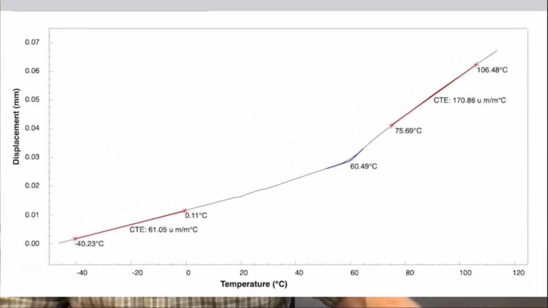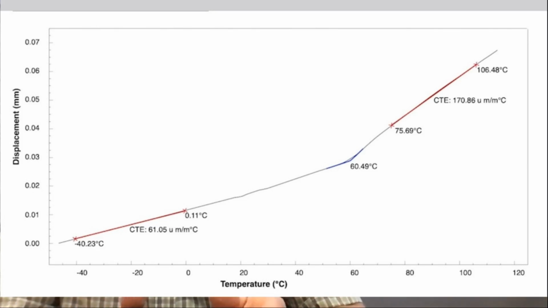And so this is the graphic representation of that. As you can see on the far left, we're at minus 50 degrees C, and then we slowly increase the temperature, and it measures the height. That first red line that you see on the far left is the coefficient of thermal expansion, or the expansion rate over that temperature range, right? As it increases to the right, you see at about 60 degrees C, that inflection point. We saw that inflection point when we talked about phase change. So that's the